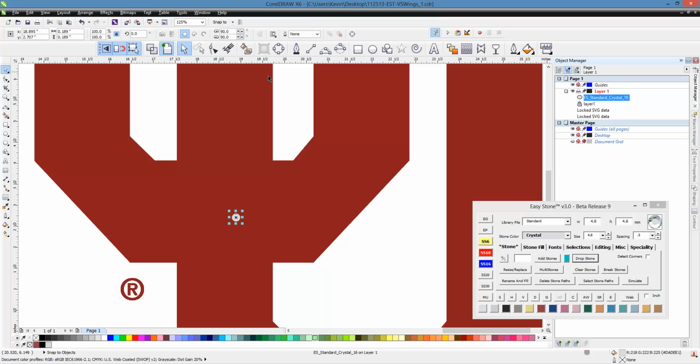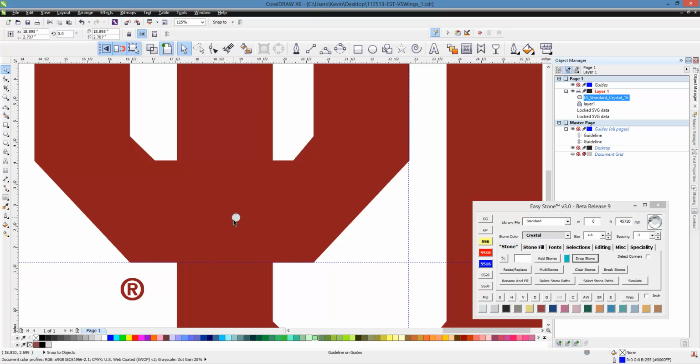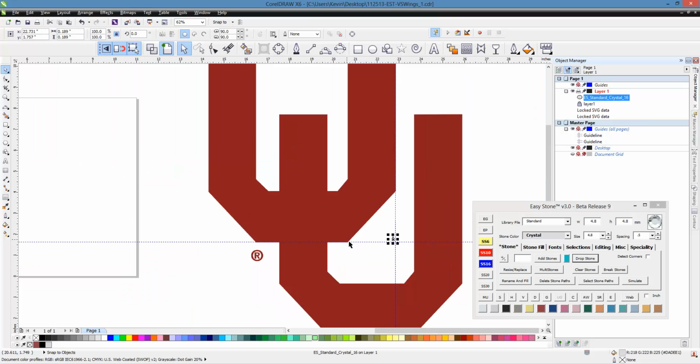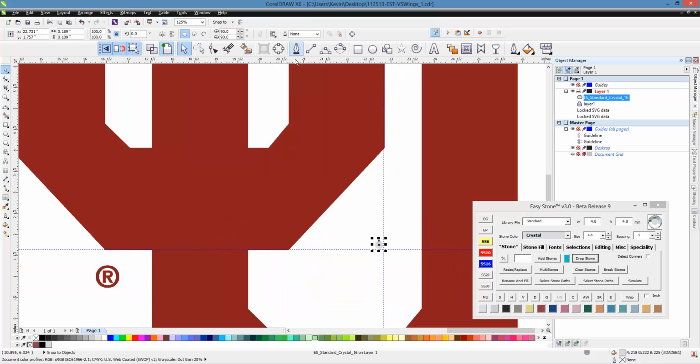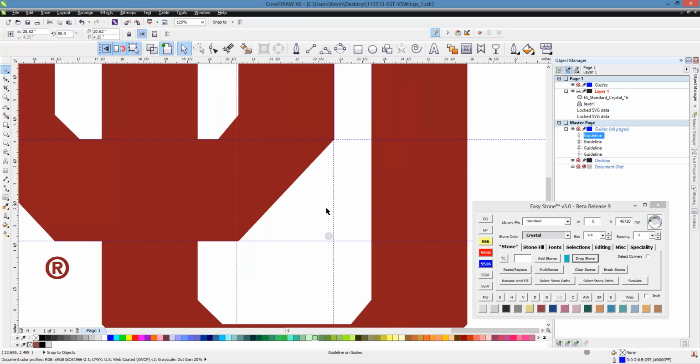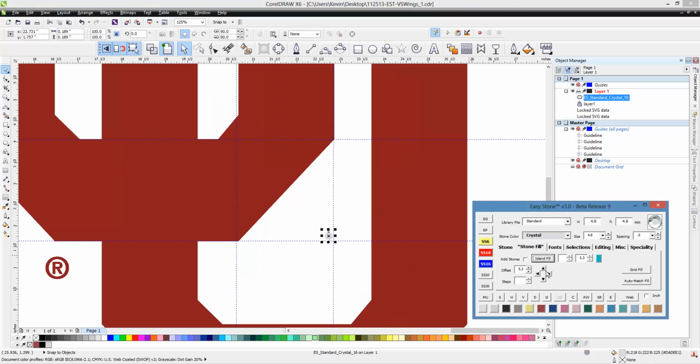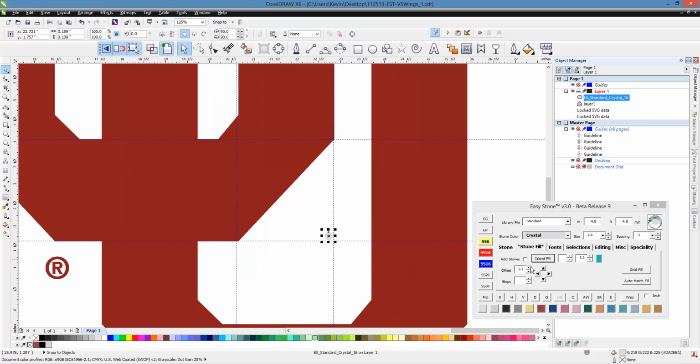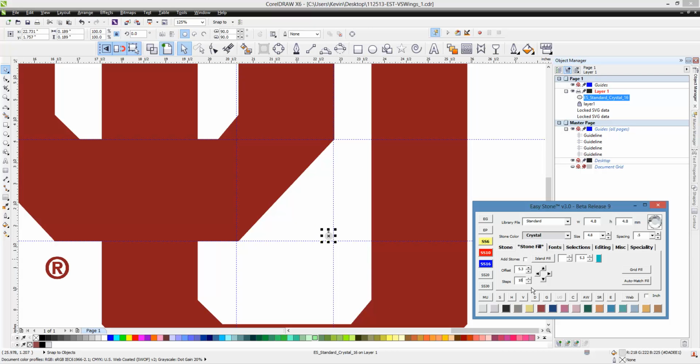So what I'm going to do here, just for guidance, I'm just going to pull a guideline there and move this stone right there at that corner. You wouldn't have to do it that way. And I'm actually going to pull down a guideline here too. Again, you don't have to do things this way. This is just what I'm doing for my own idea here. So we're going to go to the stone fill tab, and let's offset this stone like 100 times